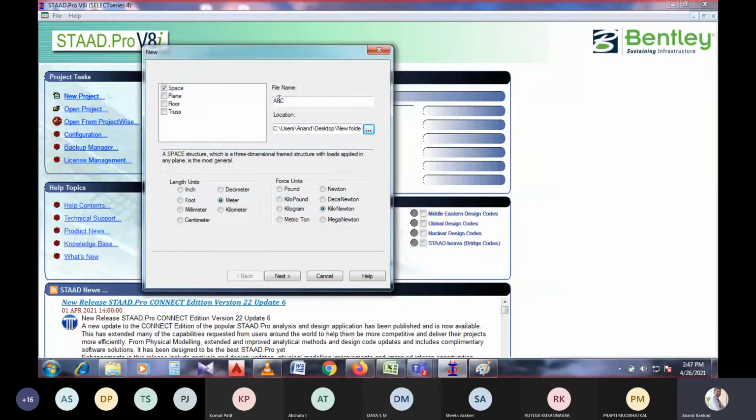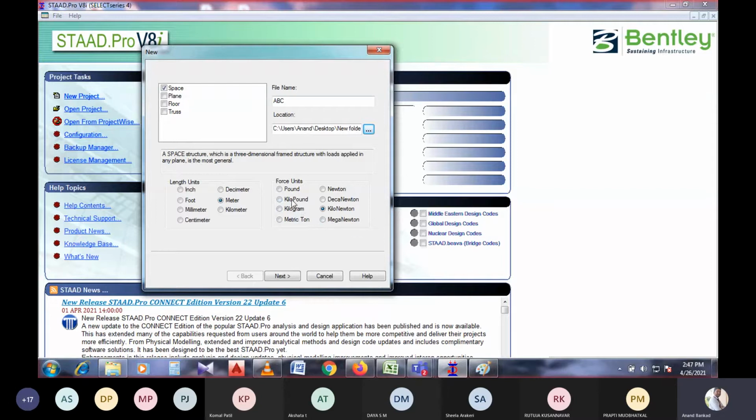Once the space is selected, the file name is provided, and later the location is given. After that come the units to be used in the structure. For length, I am going to use the meter unit, and for force, the kilonewton unit, right? There are also Newton units, pound units, kilograms, meganewtons.